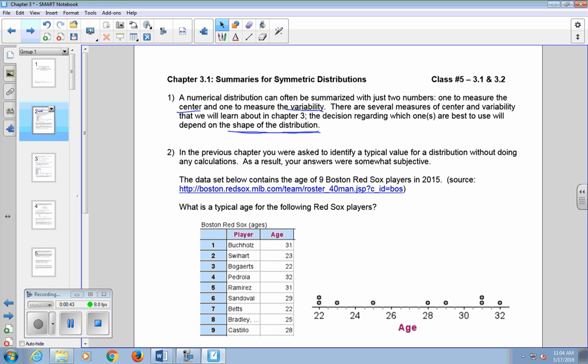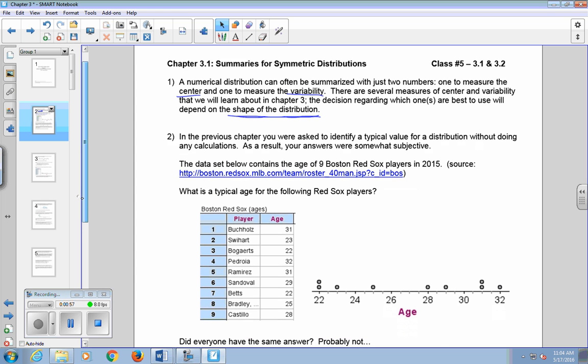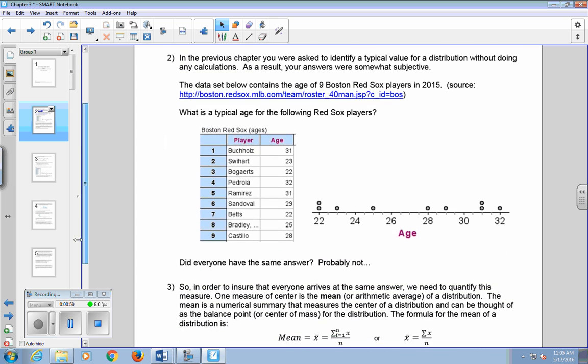So in the previous chapter, we were asked to identify a typical value of a distribution without doing any calculations, and as a result, I'm sure you saw that some of your answers were subjective. Today we are going to learn how to quantify our